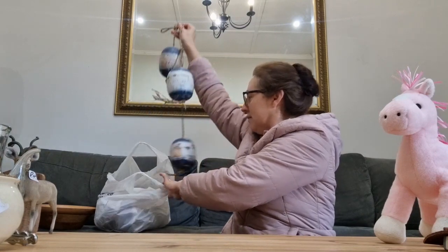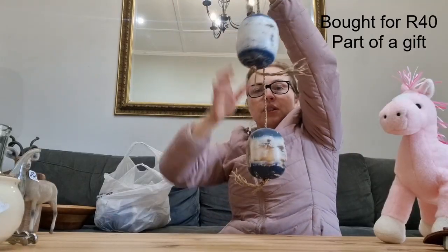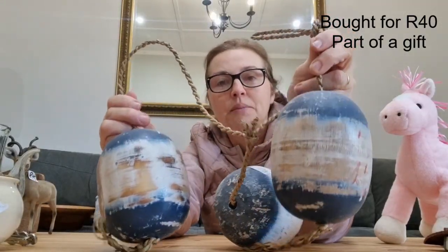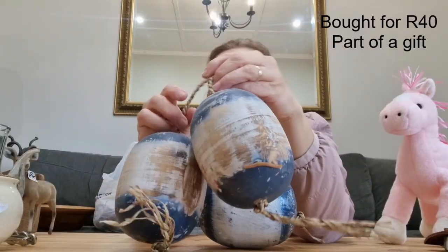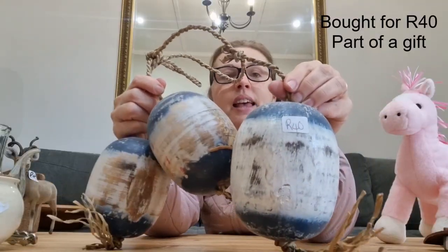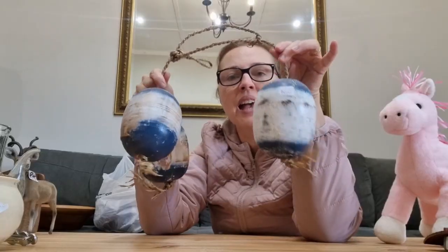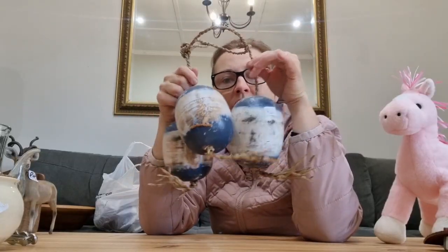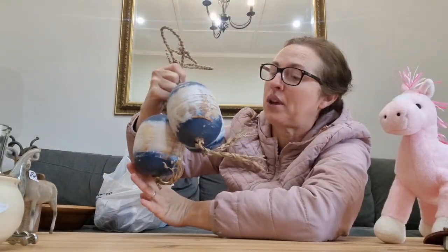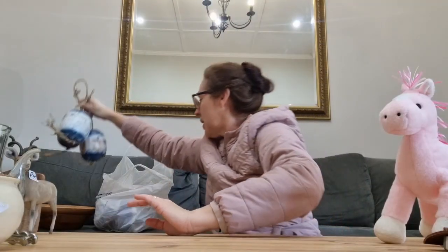And then, you know, I really don't need this, but this was such a good price, I couldn't let it go. So these are like buoys for fishing, but you know, it's obviously part of decor, and the whole set was 40 Rand. So I'll be selling this set also, and that can hang somewhere. The rope is a little bit skew, so I might just add a piece of rope so a person can hang it, and so it looks better. But those 3 items, and you know, you can see that this was bought somewhere and it was paid a lot more for than 40 Rand. So that,